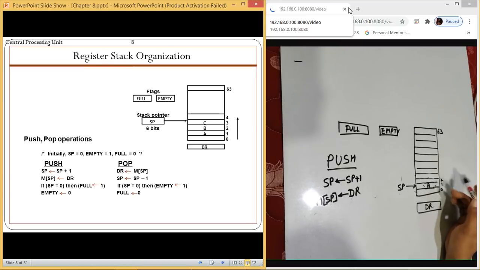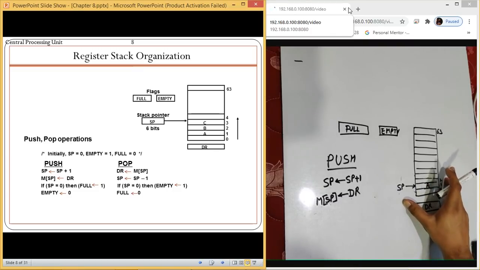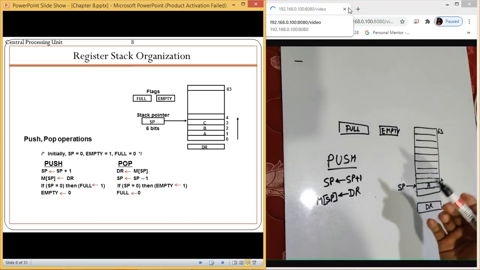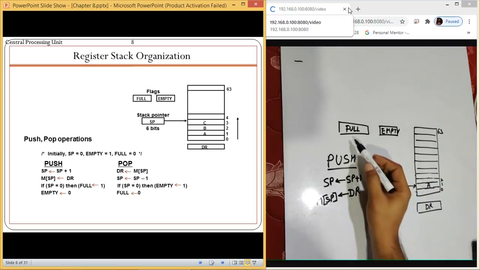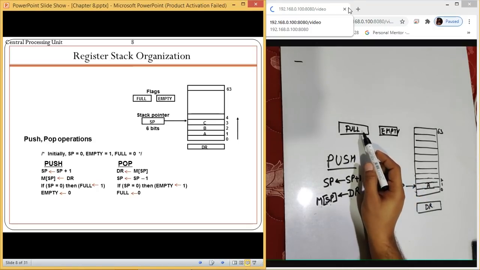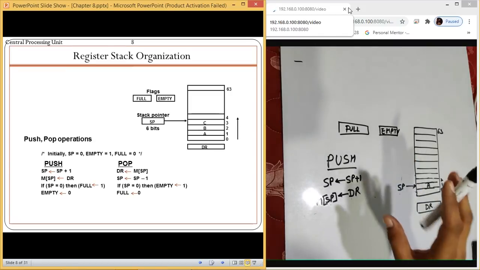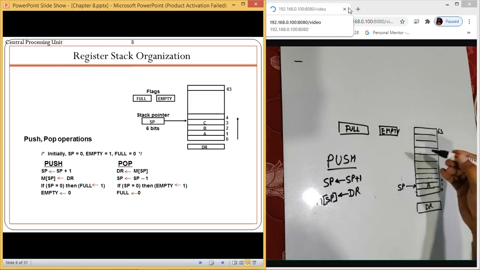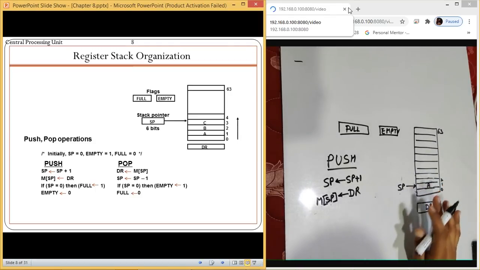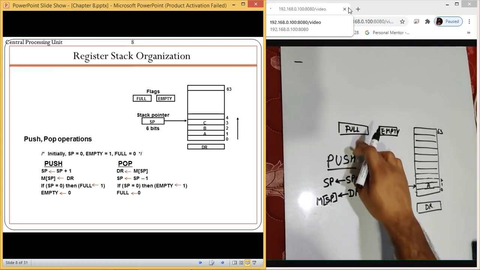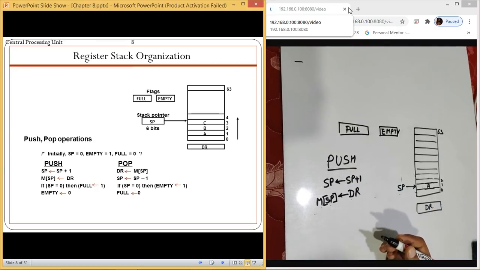Now there is one thing to know. When we are pushing the data, means when we are filling the data inside the stack, empty cannot be 1 because we are pushing the data. While pushing, there is only a single possibility: the full flag can become 1. Empty will never be 1 because we are pushing the data. So when we push more data, it will get full, it will never get empty. So that is what you need to remember. While in push operation, the value of full will be 1.